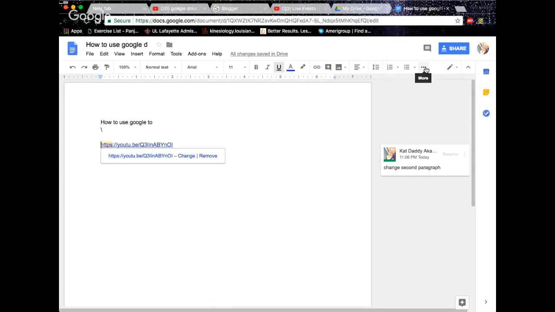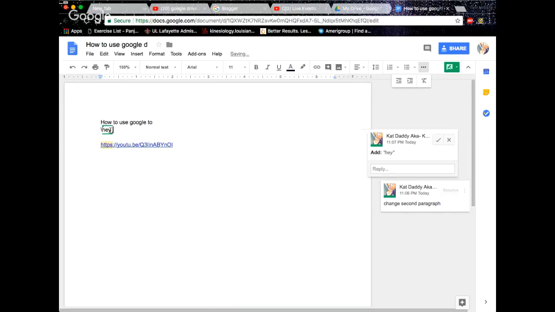Let's see what else we have here. You can go to more. It's pretty similar to Word, but this is where it's different. So you can edit the document directly. You can do suggestions. So when you do edit, you can click suggestions, and whoever can type it, and then you say, hey, look as I'm typing,